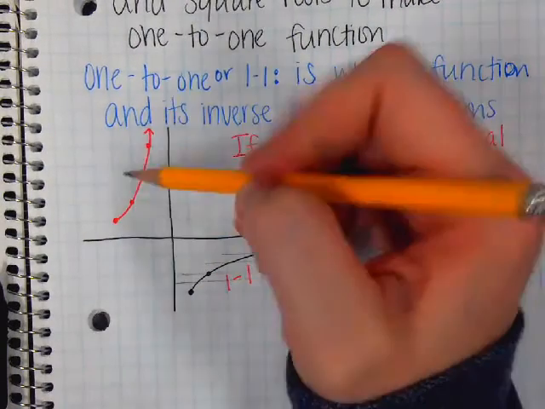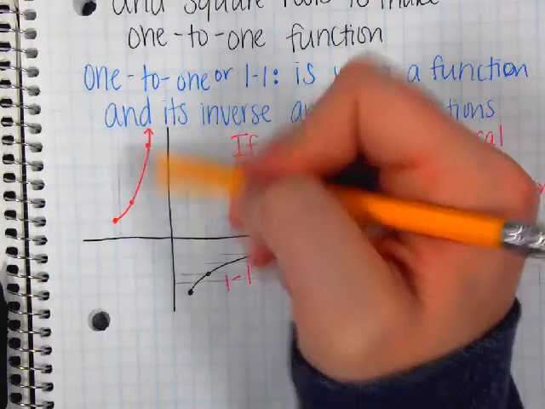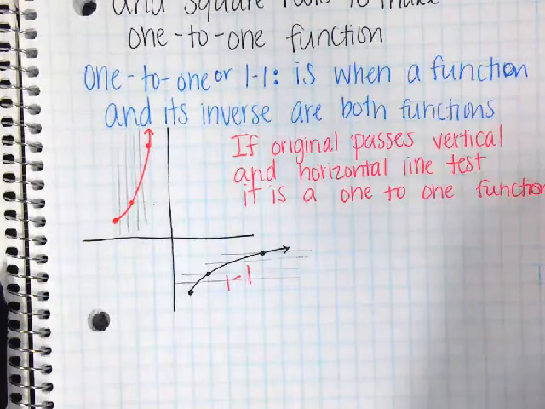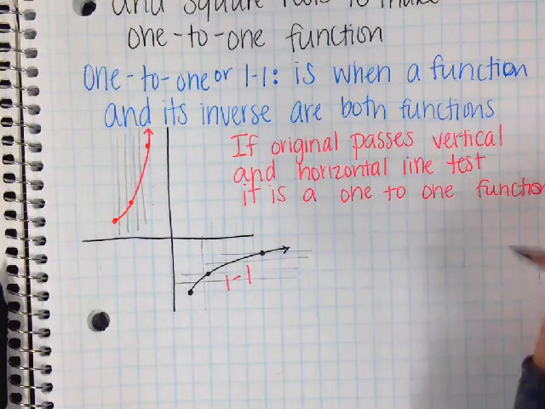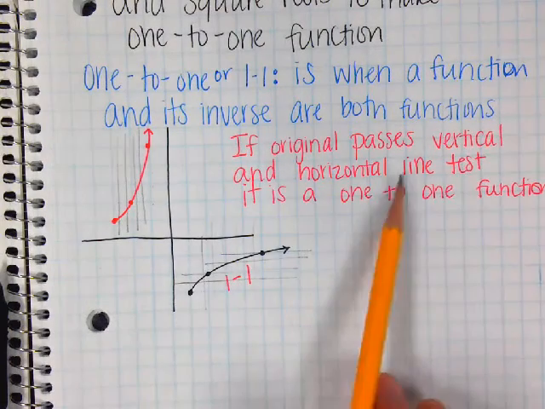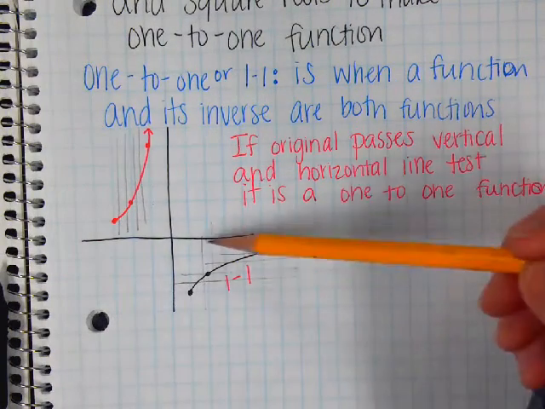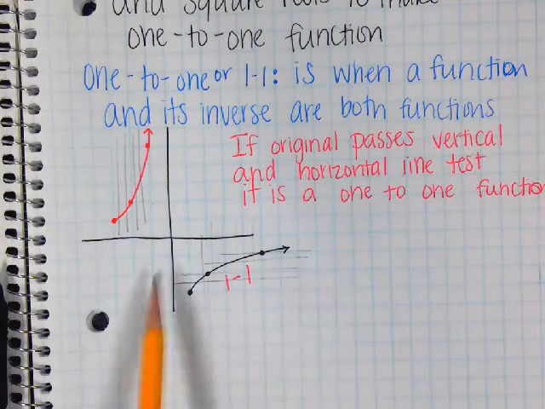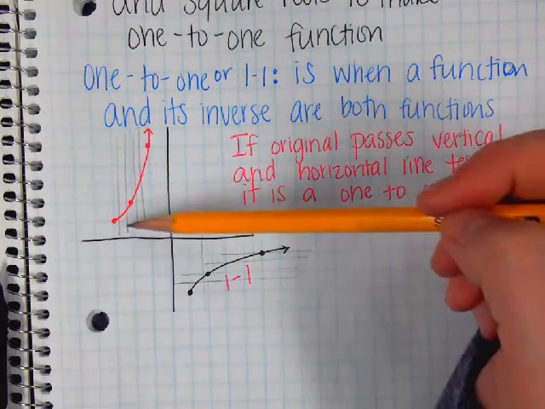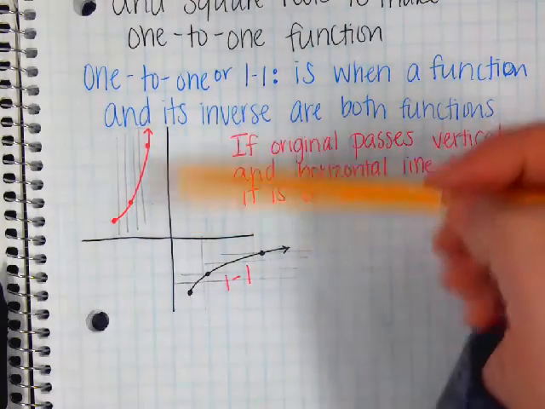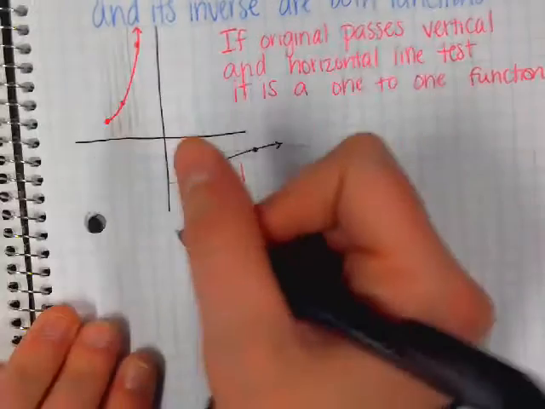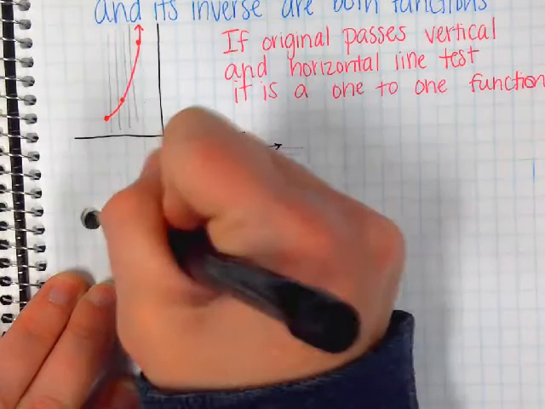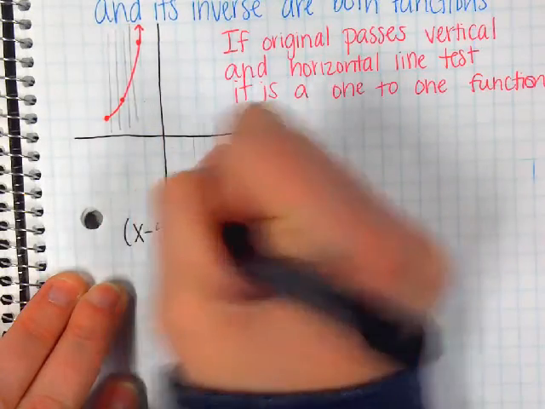when I take the inverse, then it would pass the vertical line test. This one also passes the vertical line, but that's what I mean by if it passes both. So if it passes both the vertical and the horizontal, when I take the inverse of it, it will be a function. So if we think about a quadratic, so if I had x minus 5 squared minus 3,